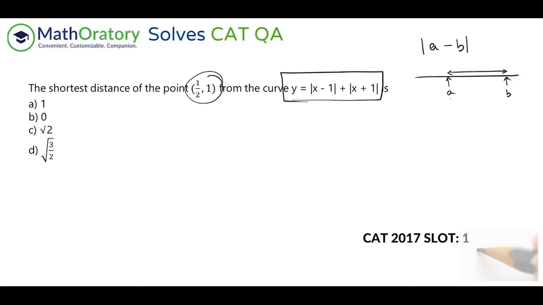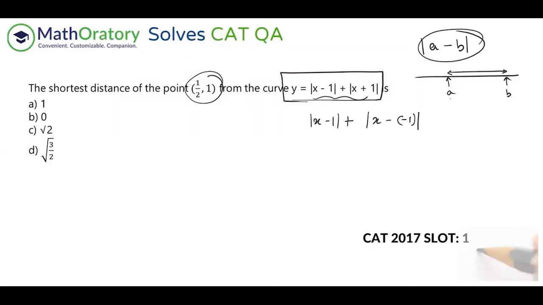First of all, look at this part here, the part of this input, the values of x here, wherever it is. Now, this mod of x minus 1 and mod of x plus 1. First of all, this mod of x minus 1, this 1 is a fixed point, right? This 1 is a fixed point, isn't it? And if you use this idea, you know that this is nothing but the distance between x and 1, isn't it? Now, similarly, mod of x plus 1, I'm just going to rewrite this as something like this.